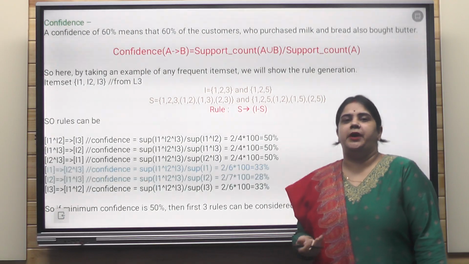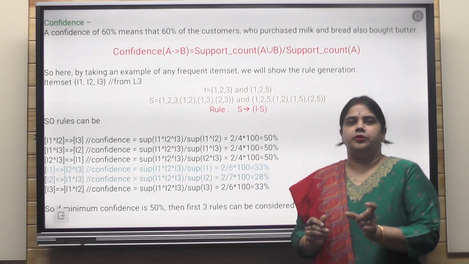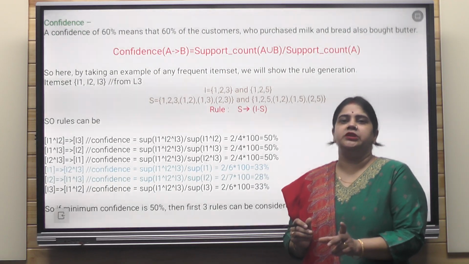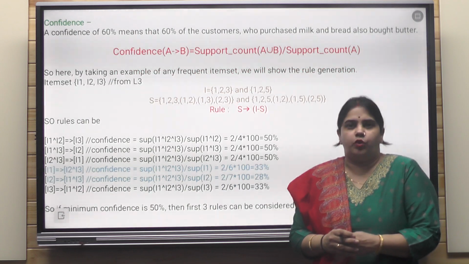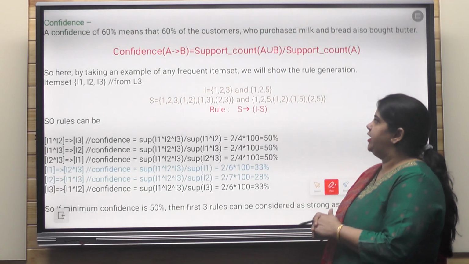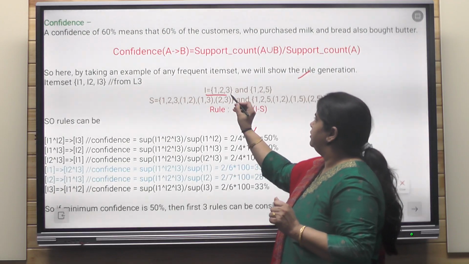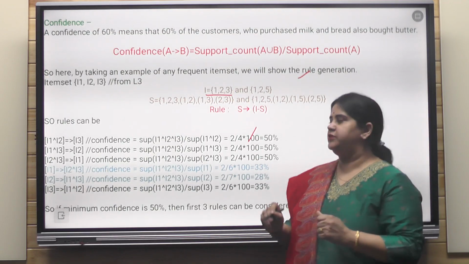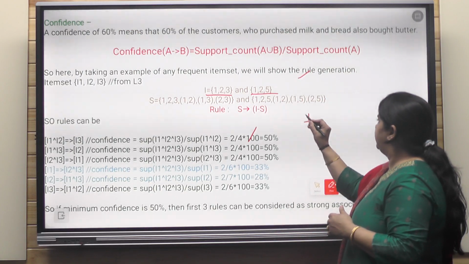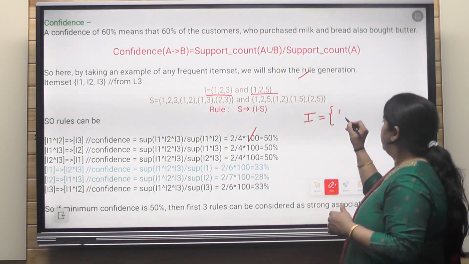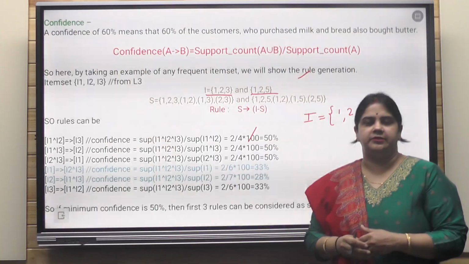This means we will be able to proceed to the second part only when we have the first numerical part, first portion, very clear and we have some bucket list. The bucket list which we have obtained from the frequent items, we have given it a name, that is called I: 1, 2, 3 is my first, and second is 1, 2, 5. We have already seen, class, that I is representing here what? These are representing my bucket list, which is having the frequent item sets.